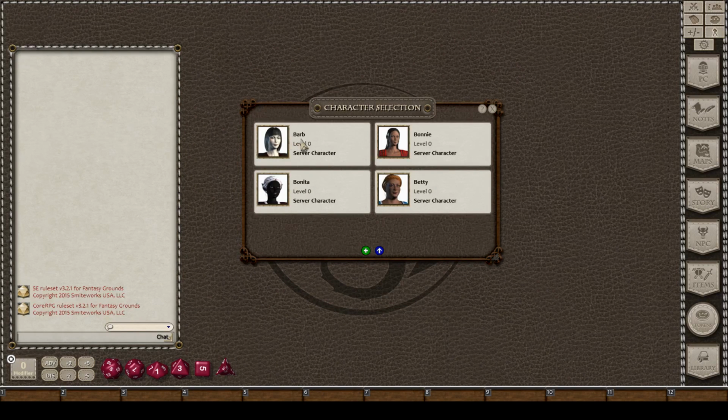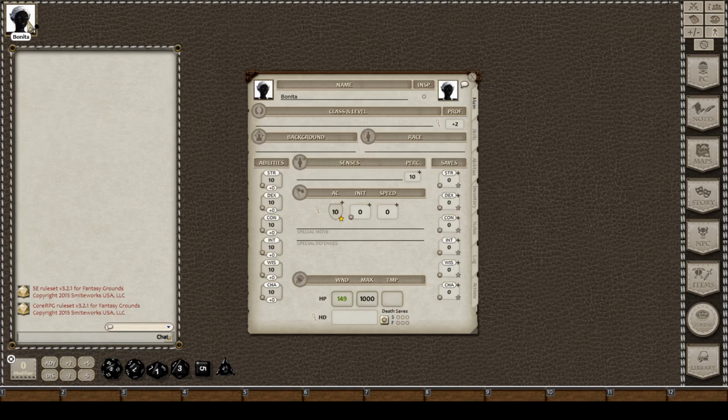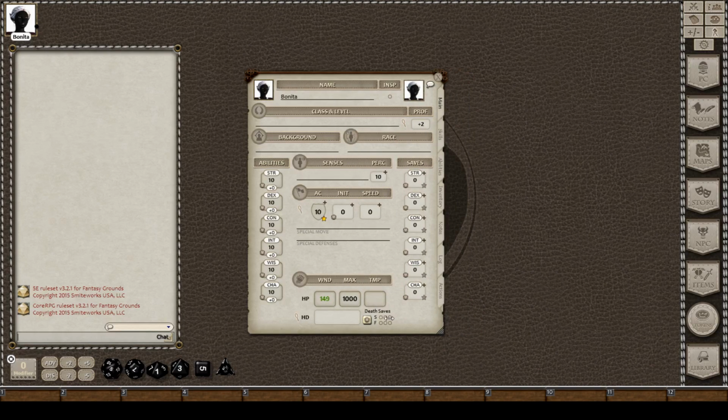And we have some characters here: Barb, Bonnie, Bonita, and Betty. Let's choose Bonita. So there's my character up there. When I double click it, there's my character sheet. Now, I like to minimize my character sheet width as much as I can by bringing it over like that. And then